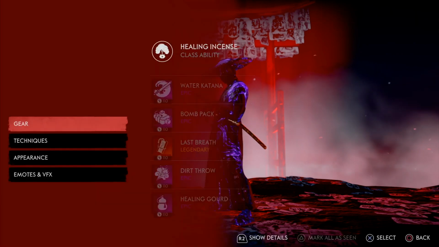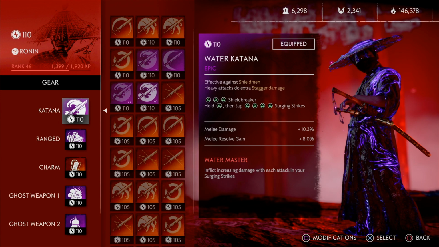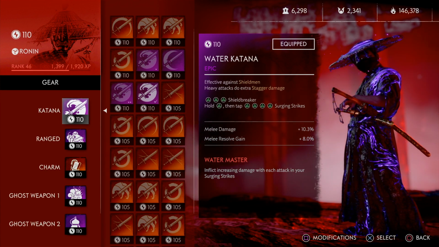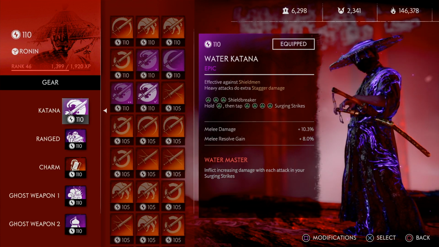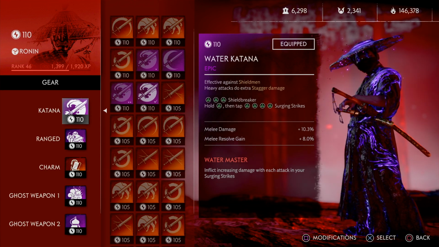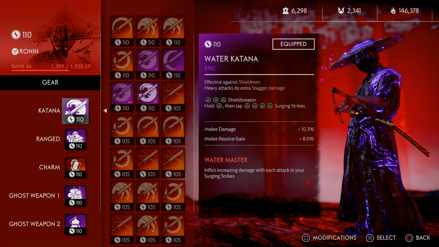All right, now on to the build. For my katana, I have the water katana with melee damage and melee resolve gain. I chose the water katana because it allows you to spam your attacks, and then with melee resolve gain, you build up your resolve even better. If you don't have any options of getting hit,